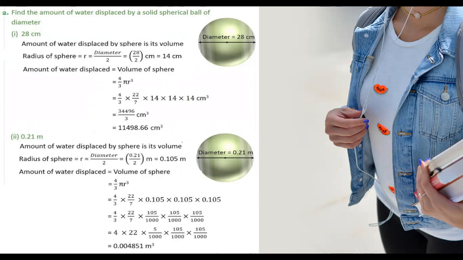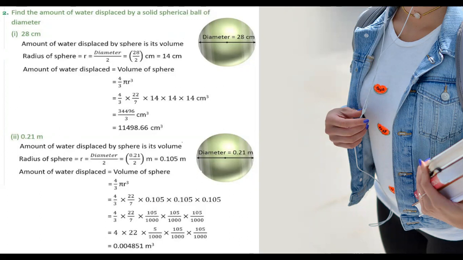Here the radius of the sphere is diameter by 2, that is 28 by 2, which is 14 centimeters. Now the amount of water displaced is equal to the volume of the sphere, which is equal to 4/3 pi r cube. Now substituting the value of pi as 22/7 and radius as 14 centimeters, and by solving it we get